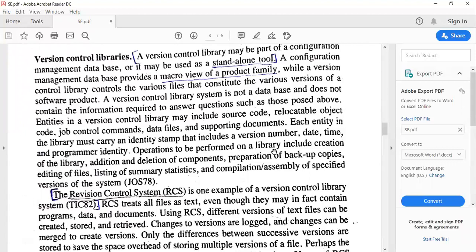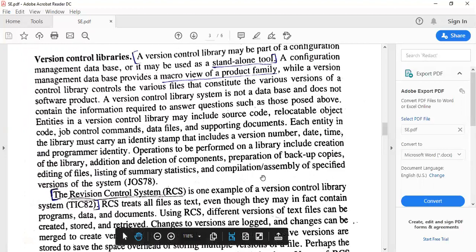What are the operations to be performed in the library? We can create a library, add and delete a component from the library. We can prepare backup copies, edit the files, list the summary statistics, and perform compilation or assembly of specific versions of the systems.